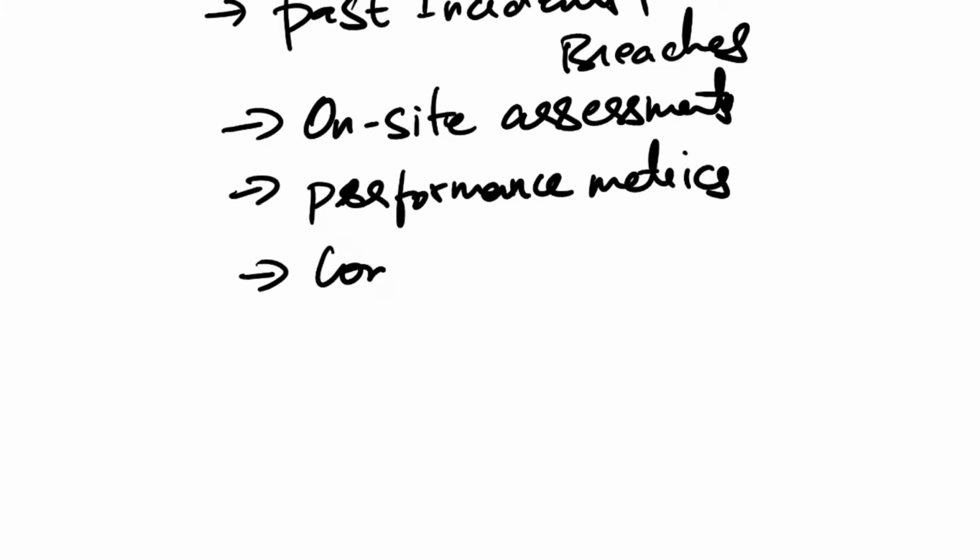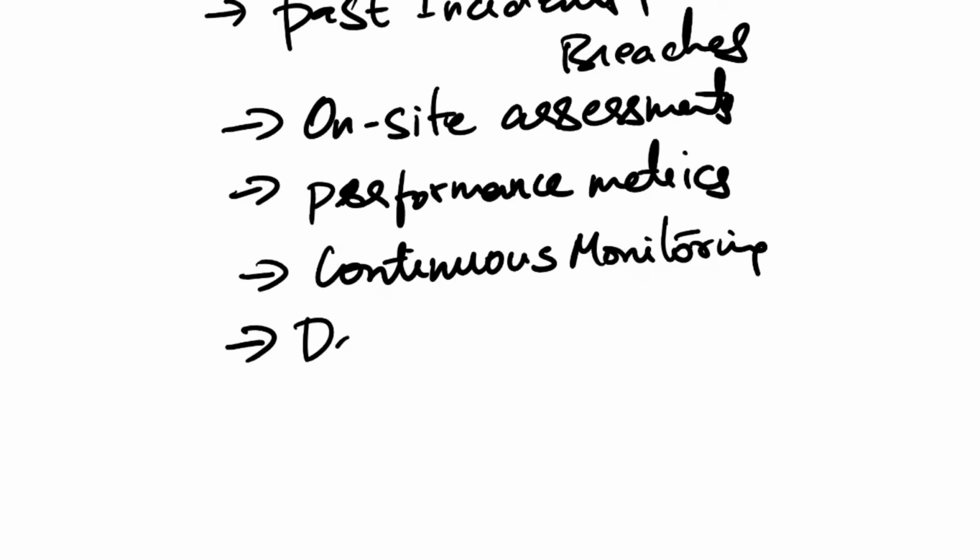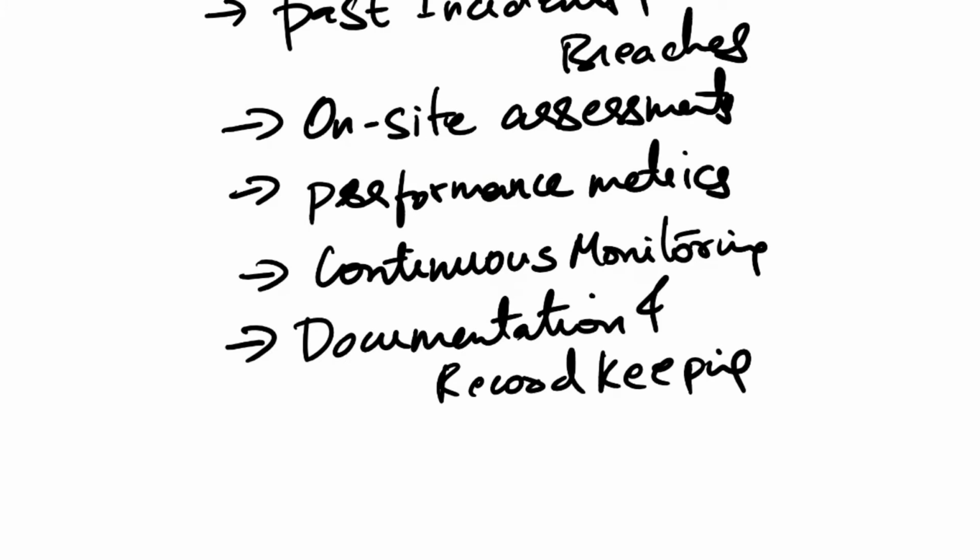Next, implement continuous monitoring to stay informed about any changes in the third party's risk posture. This may involve periodic reassessments and real-time monitoring tools. Next, documentation and record keeping. Maintain thorough documentation of the due diligence process, including assessment reports, findings, and any corrective action plans developed in collaboration